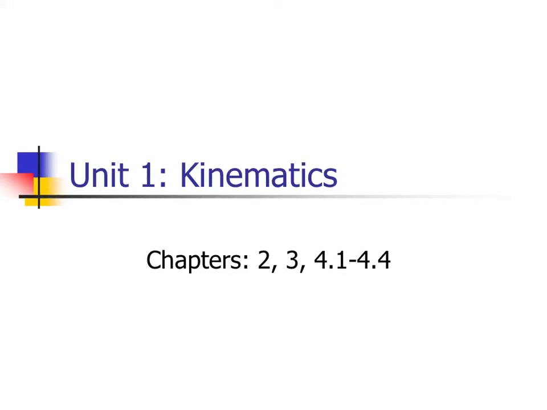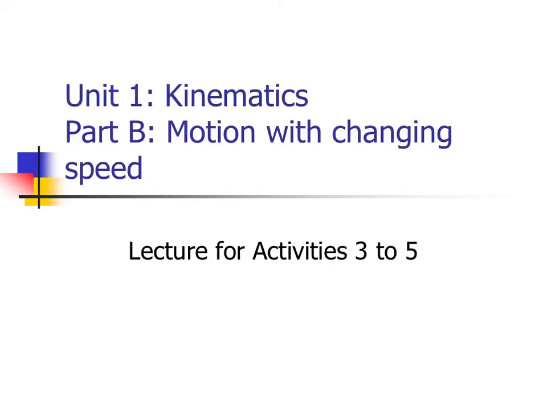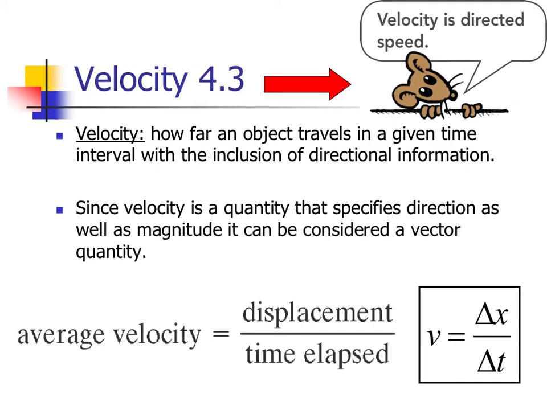We will continue talking in Unit 1 kinematics, and more specifically, in Unit 1 Part B, and even more specifically, talking about velocity. So velocity and speed tend to be two terms that are used interchangeably. Because velocity is a vector quantity,